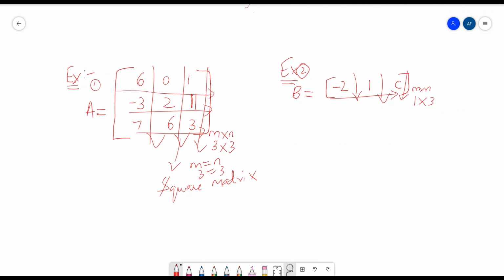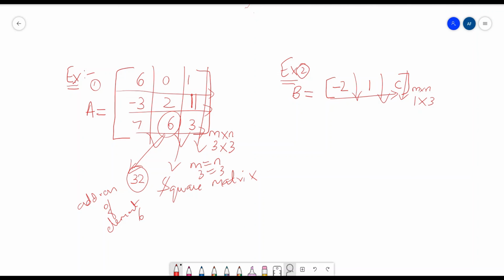That's it. And one thing, what is the position of this particular number? 6 is an element, right? What is the address of this? How can we write it down? First we write the row, then the column. So it is in which row? First, 2, 3. So it is the third row. And which column? 1, 2. So it is in the second column. This is the address of element 6. That's it. These things you should know.